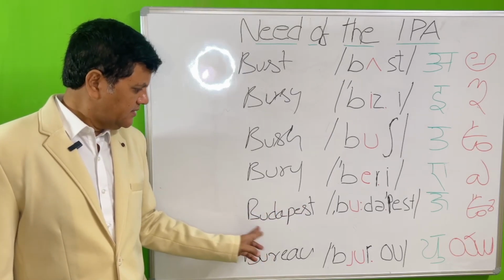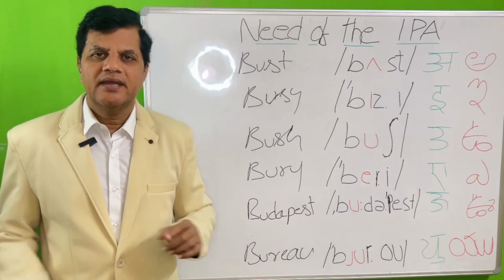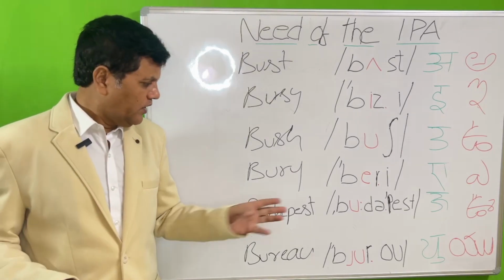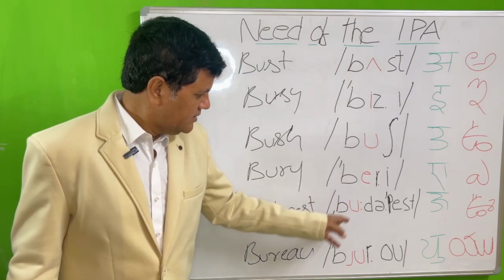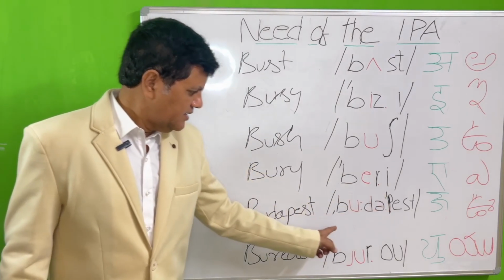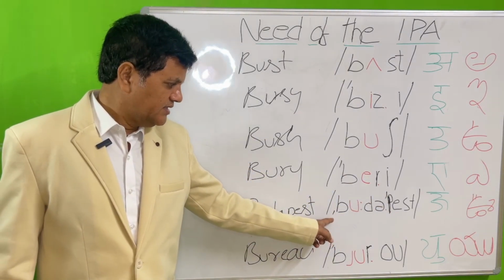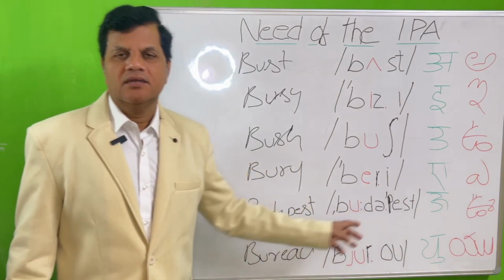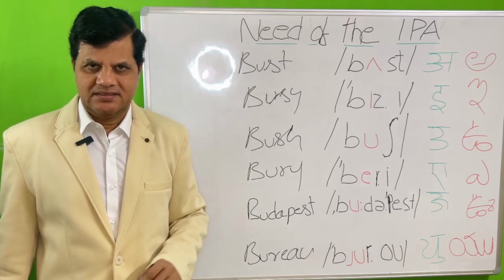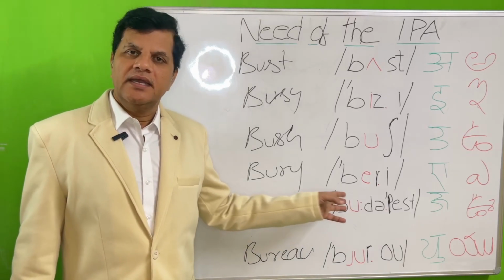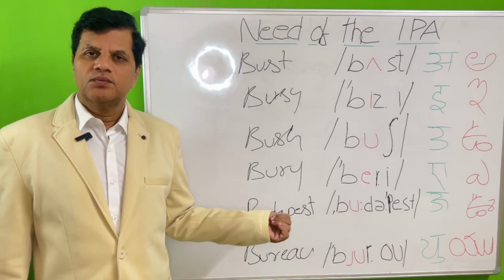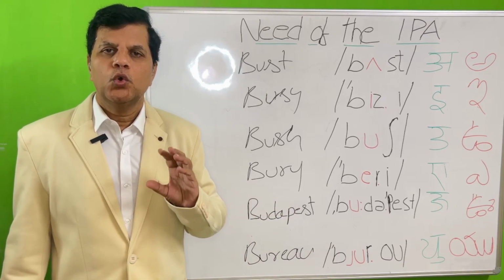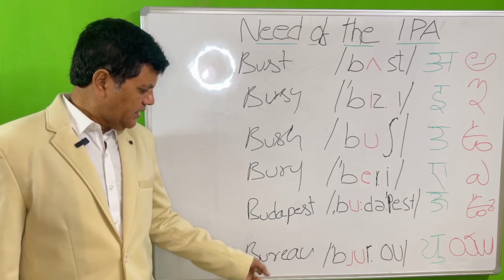And this, BUDAPEST. This is a three-syllabic word. So the primary stress is here, and the secondary stress is on this syllable. So how is it pronounced? Budapest. So this is Budapest. So here U was assigned the sound of long vowel U. Okay. Next,